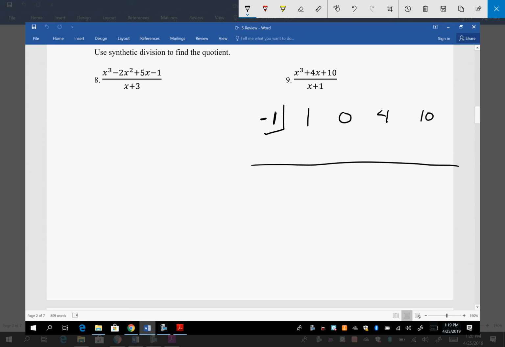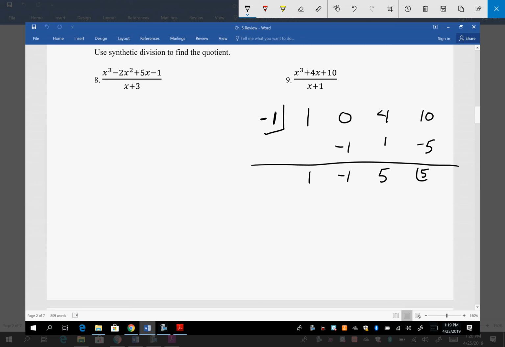All right. Bring down the 1, multiply the -1, you get -1. -1 times 1 is positive 1. 5 times 1 is 5. Add together, you get 5. I feel like you just made up